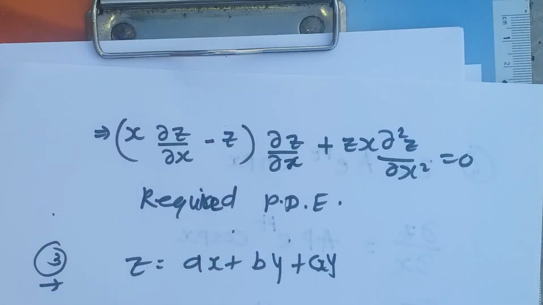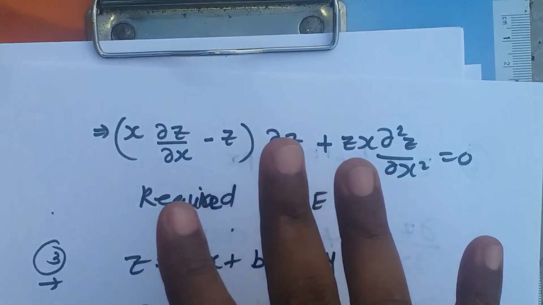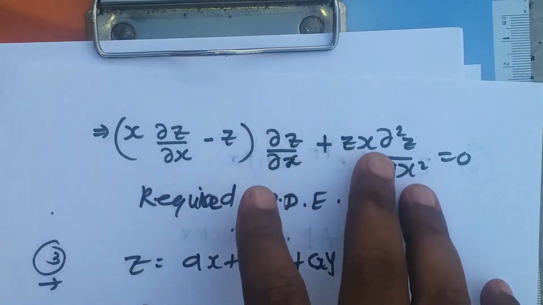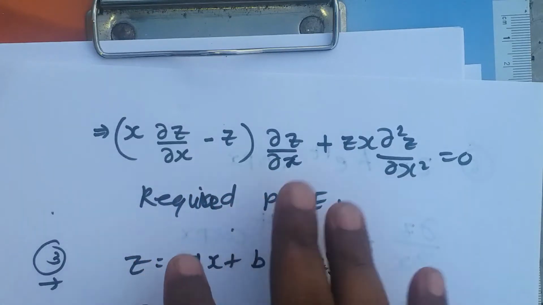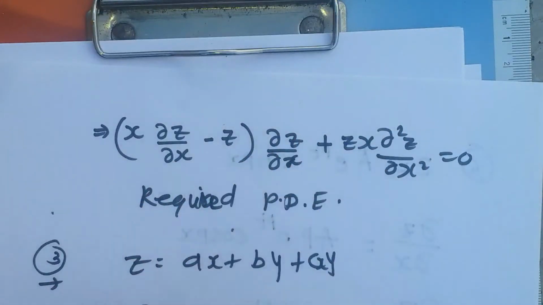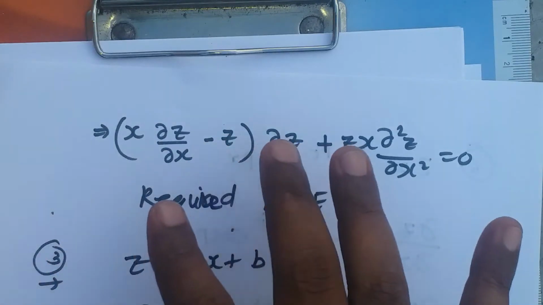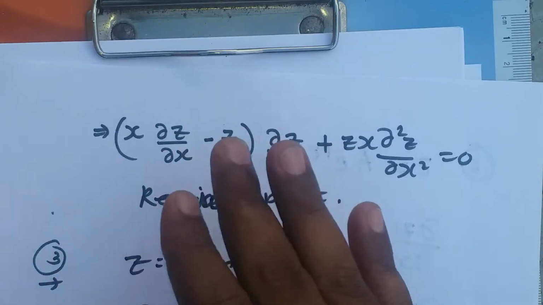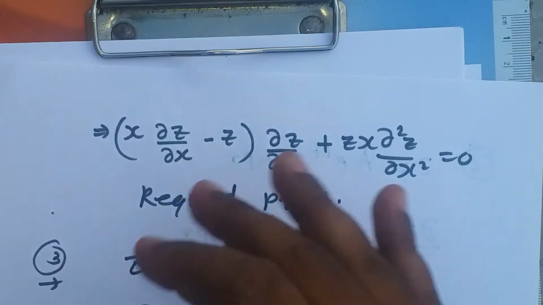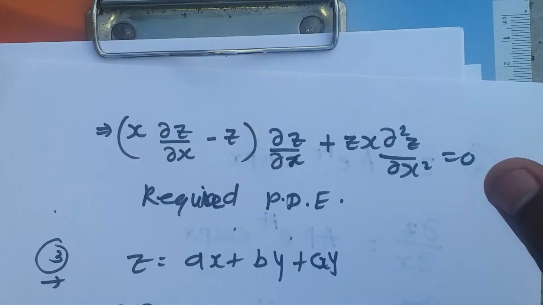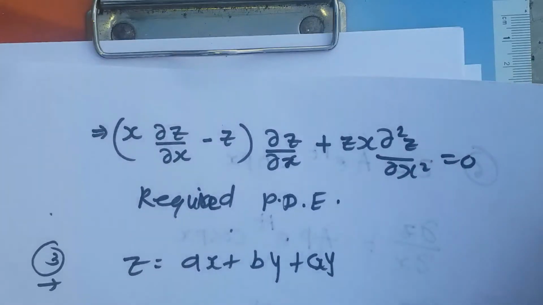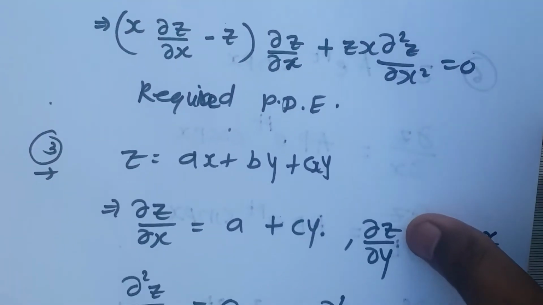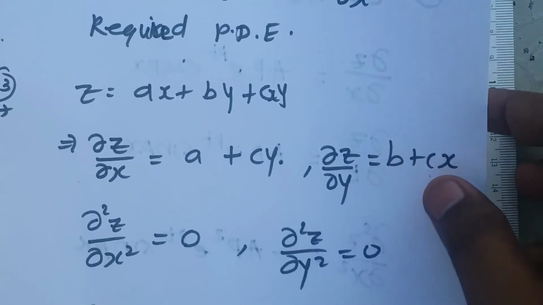Now if you see, this equation is free of arbitrary constants, and it is of order 2. So this is your required partial differential equation. We have eliminated all the three arbitrary constants from that equation. In this problem we have not differentiated with respect to y at all. By simply differentiating with respect to x twice, we get our partial differential equation. So calculations vary from problem to problem depending upon the arbitrary constants. Your target has to be just to get the partial differential equation which is free of arbitrary constants.